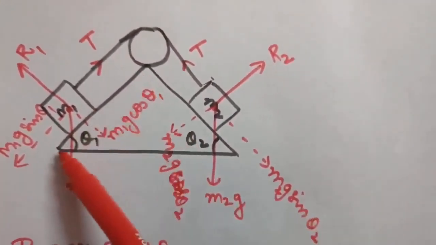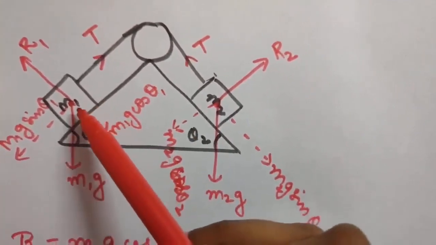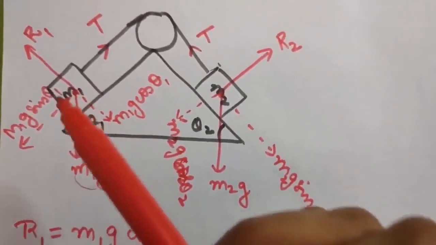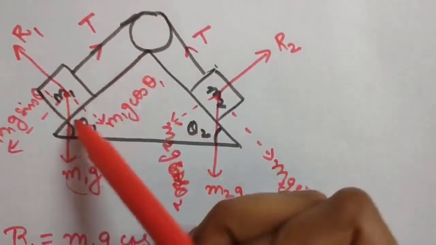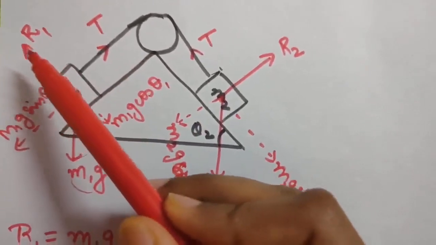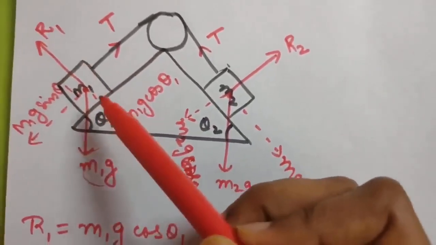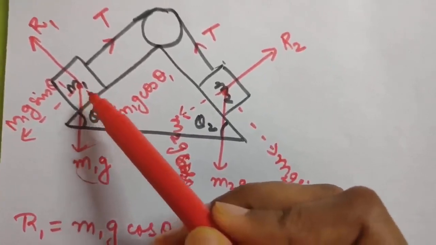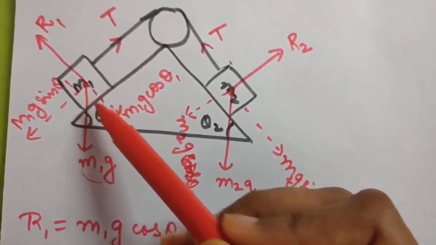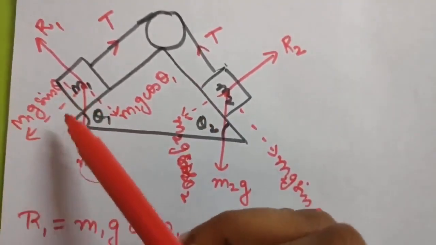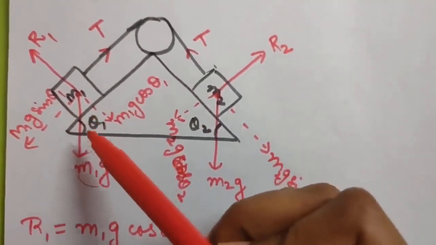This is one inclined plane only. So again, as we did earlier, this will be the weight m1g in exactly downward direction, and this will be the reaction force normal to this surface. So normal to this surface is this line. So this will be the R1. Again if I resolve this m1g, this angle will come to be theta only, as we did earlier. So this will be m1g cos theta 1, and this will be m1g sin theta 1 because we are considering it to be theta 1.